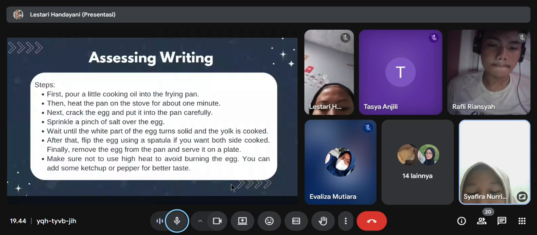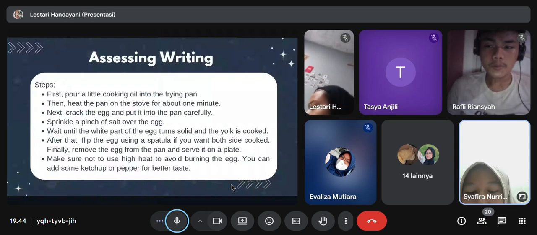The use of imperative verbs such as pour, heat, crack, put, wait, flip, and remove is also here. And then the sequence markers like first, then, next, after that, and finally are appropriate and consistent.